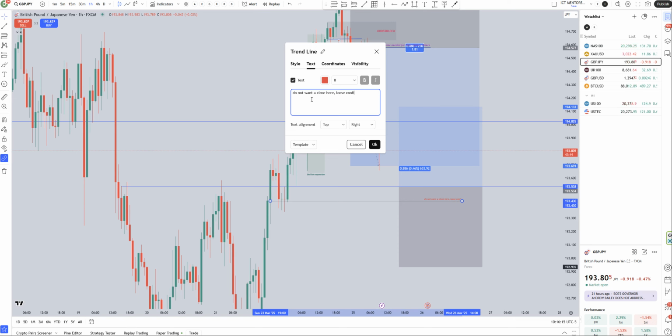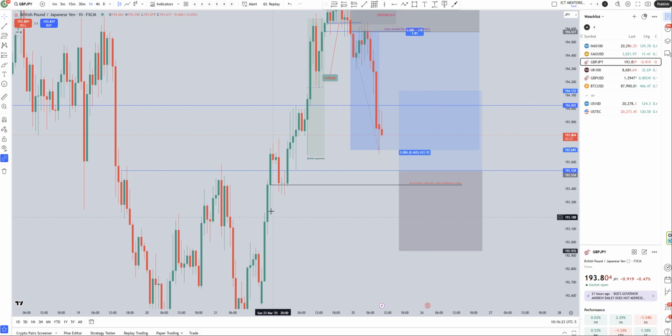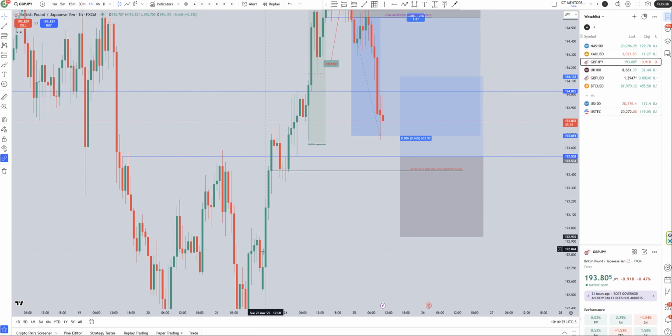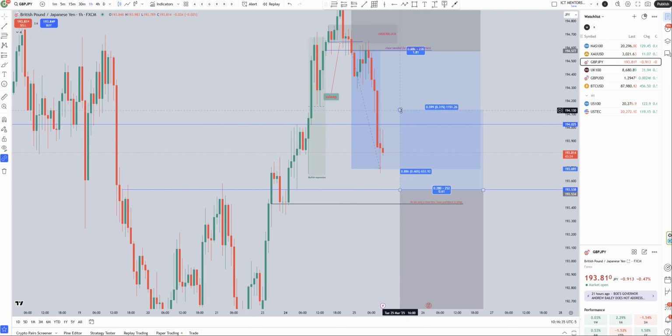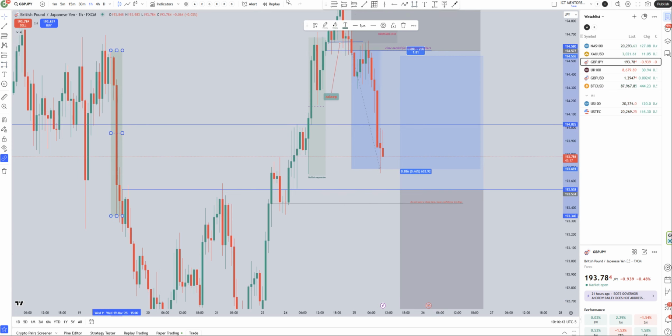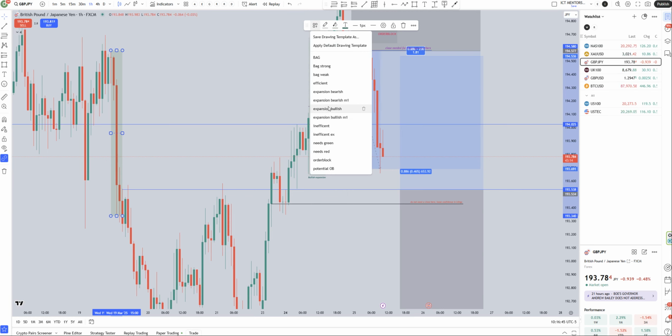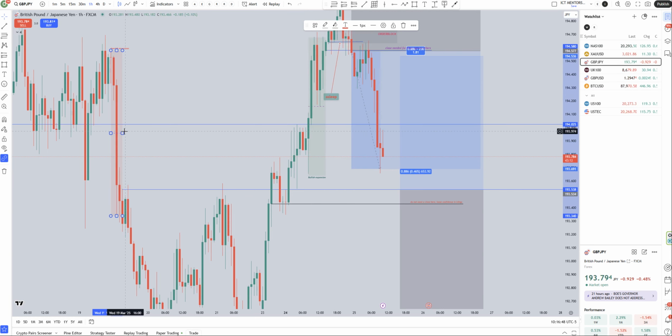Lose confidence in longs. Not that longs are invalid, but normally, because first FEG, second FEG, the stop is minimum supposed to be here or there, minimum, and the final target would be here, right? So what am I doing? Saying this is a bearish expansion, right? So if this is a bearish expansion,